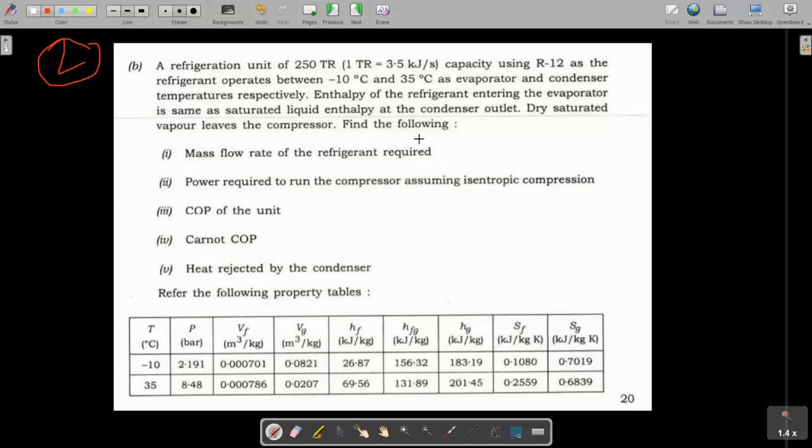This question is similar to yesterday's video, but quite simpler, because yesterday's had many superheat and subcooling. This one is simple, but how to approach it? I have taken this because by solving one numerical you cannot develop your approach. As you solve a number of questions, you can develop this approach. So what is the approach for this kind of question on the VCR cycle, when data is given and you have to find mass flow rate, how much heat is extracted, COP, or compressor work, whatever.